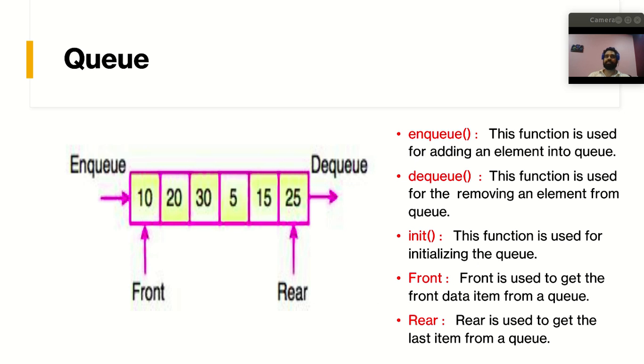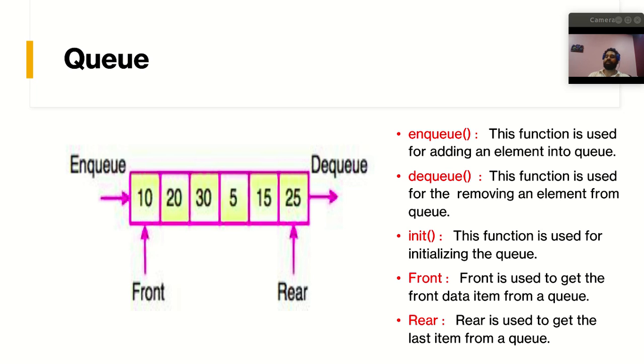So now we will discuss the operations of the queue. These are the few operations which you have to keep in mind, as we discussed earlier also: enqueue, dequeue, init. Enqueue is a function used for adding an element in the queue. Dequeue is a function used for removing the element. Init is a function by which we initialize the queue,